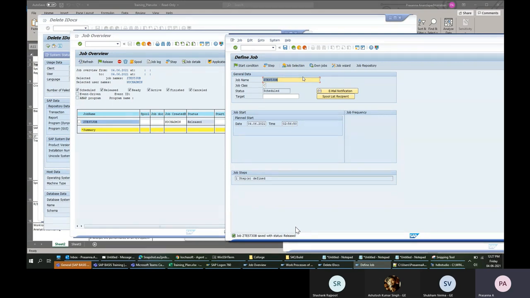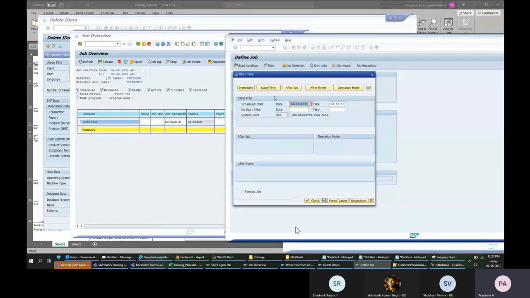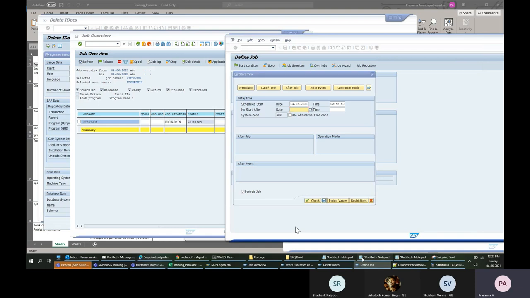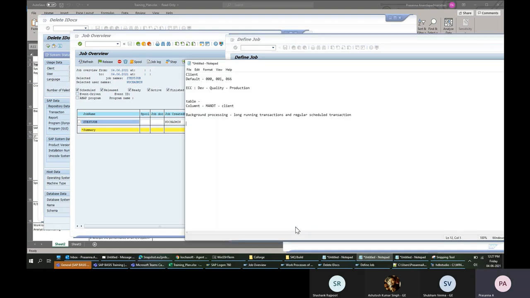Here I can choose after a job. After job means, say I have a process. First I want to consolidate everything, then after this consolidation, I will create a report. So creating the report should happen only after the consolidation is completed.